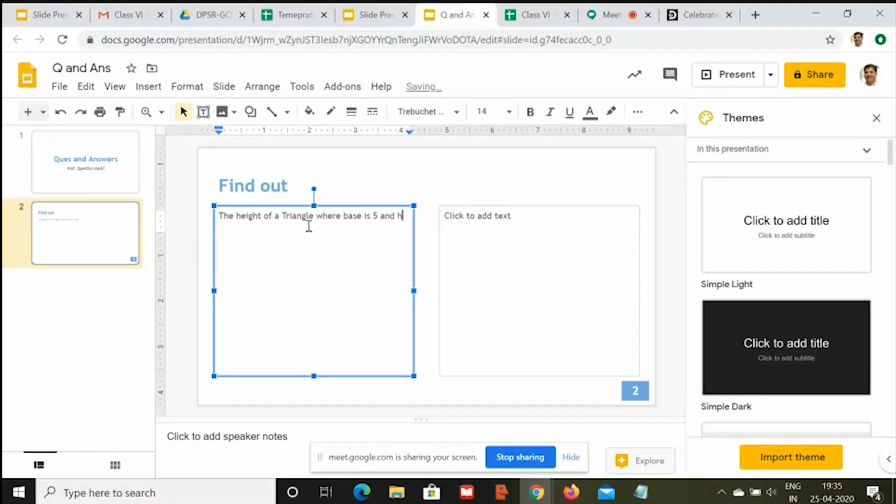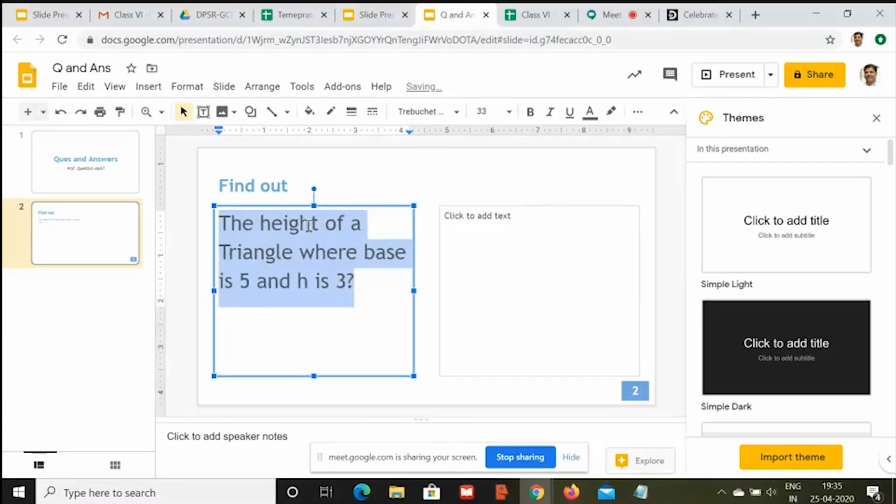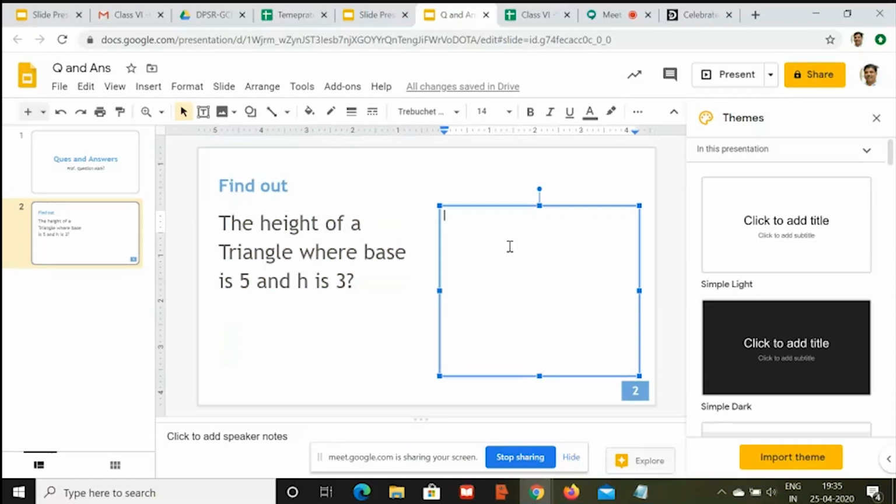Hypotenuse is 3, right? So this is the question, and as it is a question of one line, I can increase the size of the font, and then on this side, I'll be writing my answer. So it is supposed to be 4. If you calculate it mathematically, the answer will be 4.